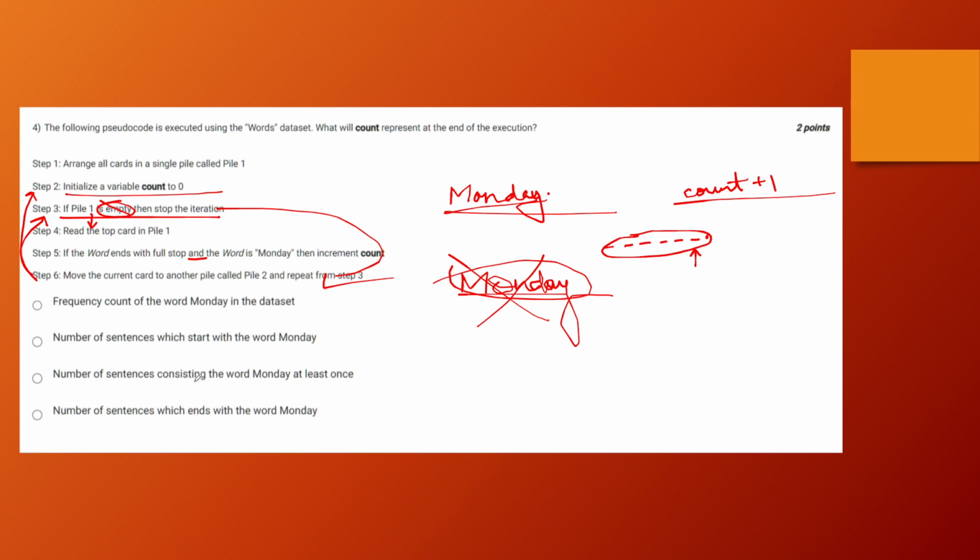And finally, the last option says the number of sentences which end with the word Monday. So that is actually your correct answer, because we are only looking at a Monday that has a full stop. So the word that ends with a full stop, and it is the word Monday. So that can only mean that we're counting the number of sentences with Monday as the end of the sentence. So the correct answer for your question number 4 is actually your option D, or the